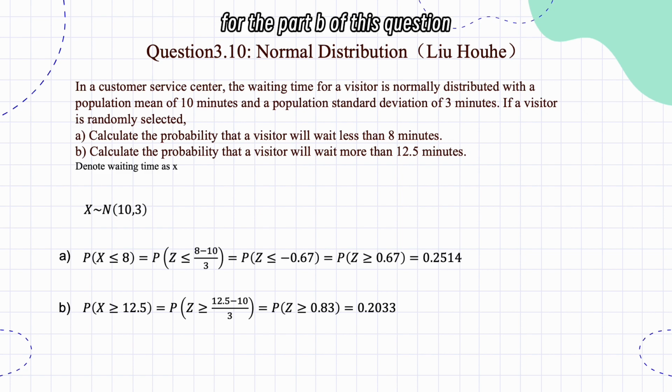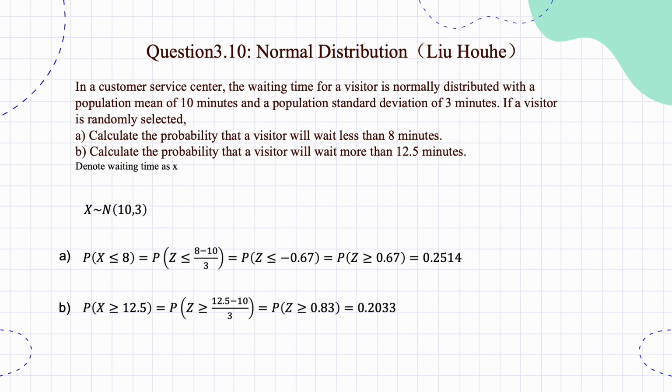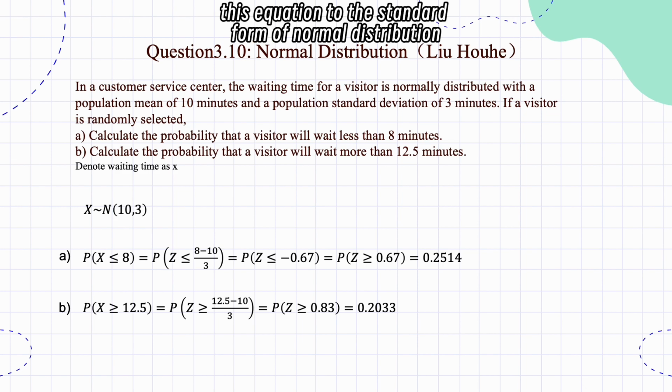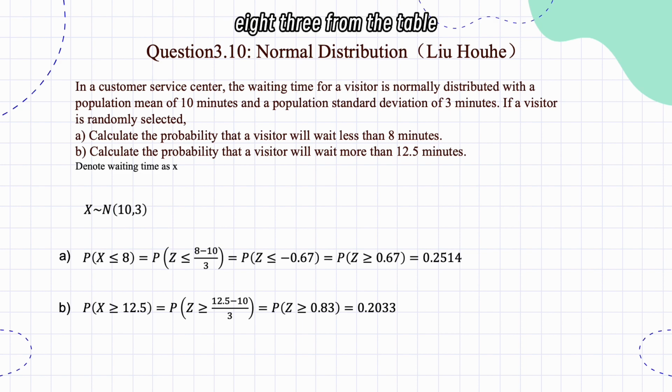For part B of this question, we need to get the probability that x is greater than or equal to 12.5. After getting this equation, in the same way, we normalize it to the standard form of the normal distribution. We get that z needs to be greater than 0.83. From the table, we get